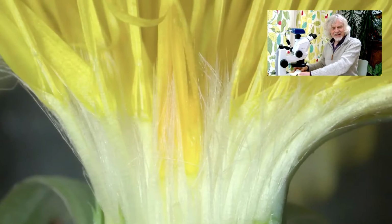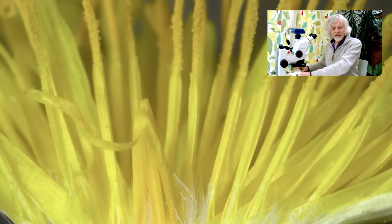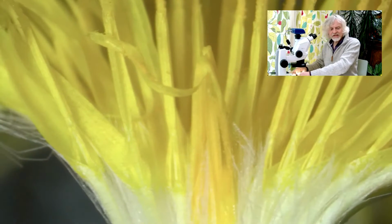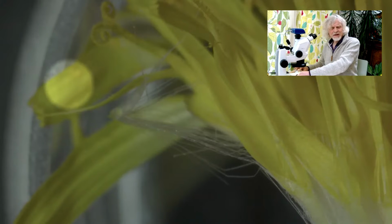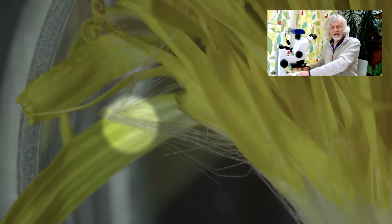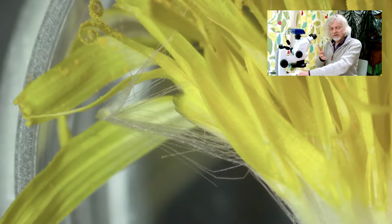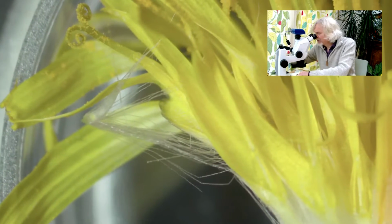But then above that, you've got the bits that are actually coloured. And this is a little bit more complicated. So the coloured bits over to the side here, right over here, which are out of focus at the moment, focus. These bits, which you might think are the petals, they're not actually petals. These are technically what are known as bracts. Doesn't really matter. But they're not the real petals. The real petals you find